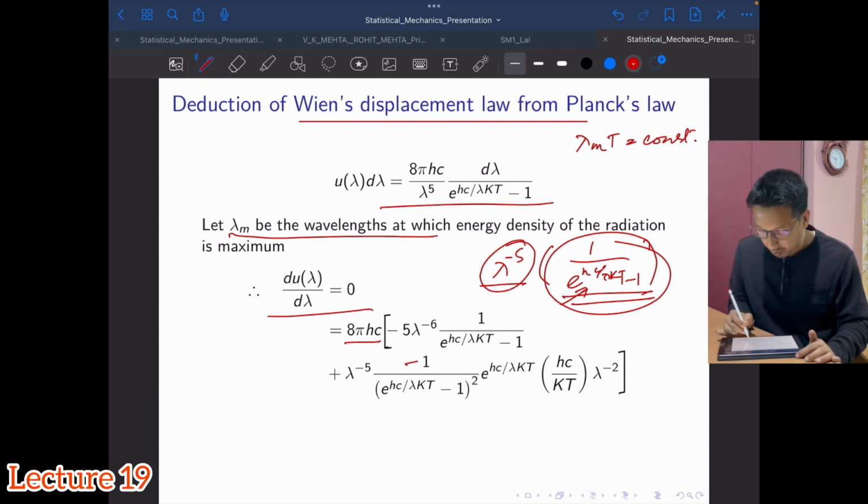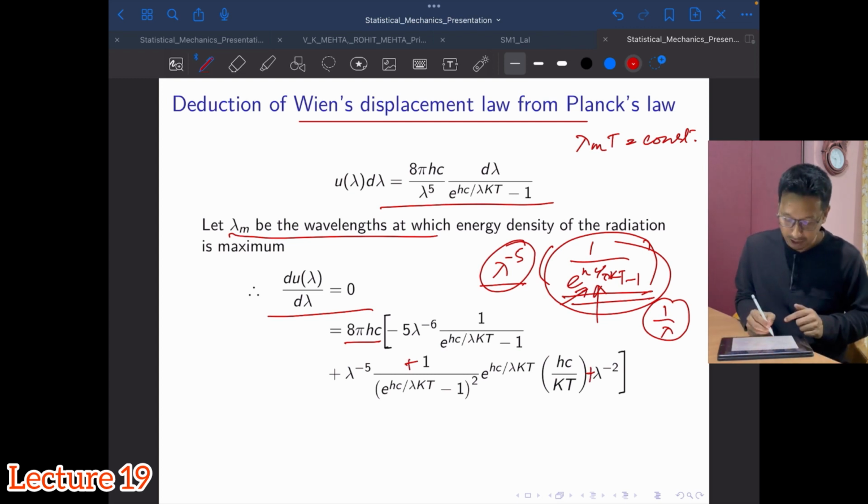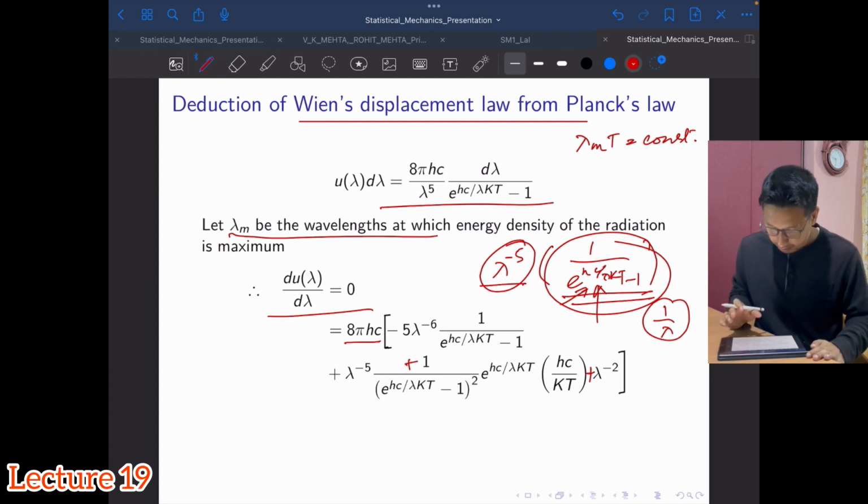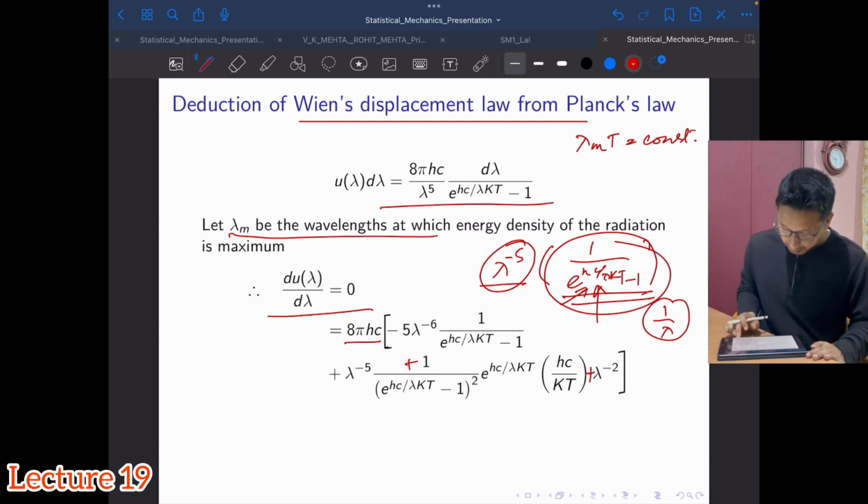hc by kT is constant, but there is this 1 by lambda inside. So I will get minus, so there is one more minus that will come out here: minus lambda to the power minus 2. But this minus and minus will give plus. So eventually it will be plus. I think you can do it yourself. Since this term has to be equal to 0,